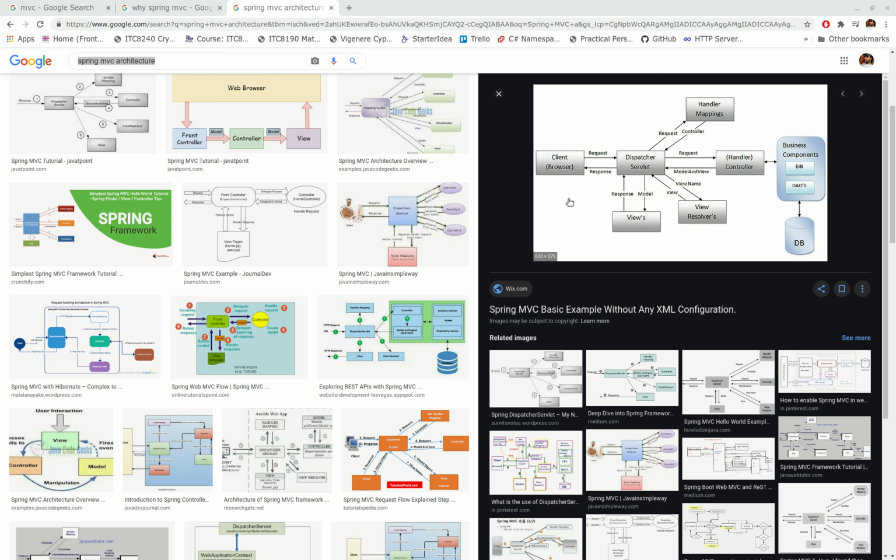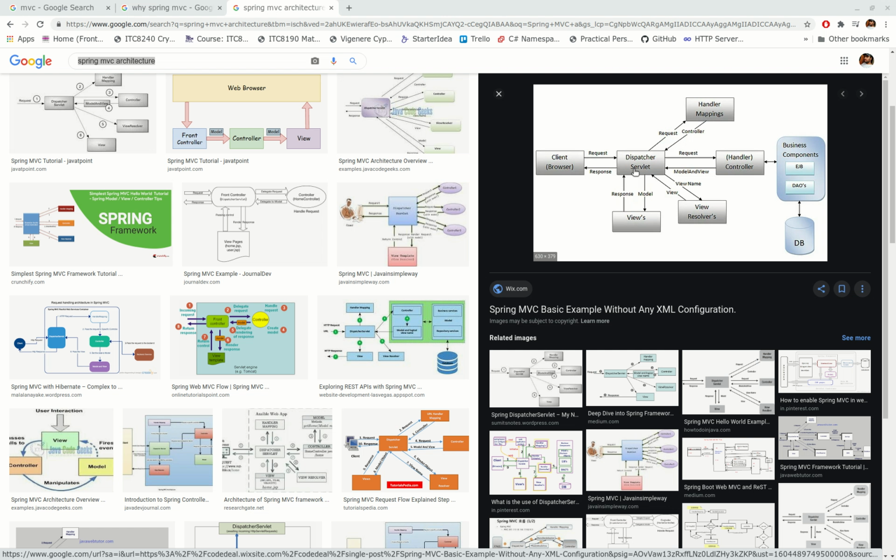Hello everyone, in this video I'm going to explain the Spring MVC architecture that I have taken from the internet. So let us look at this Spring MVC architecture at a high level. Let's say this is your client browser, with a JSP, or it could be any other view technology that you want to work with. When you have an incoming request from your client, it is intercepted by an API called the dispatcher servlet, and this is the star of the Spring MVC framework,